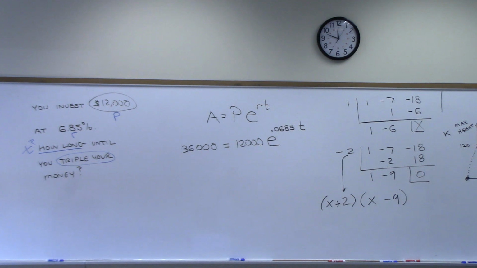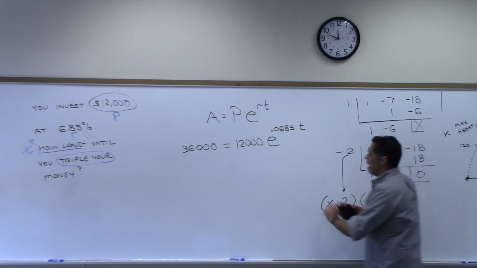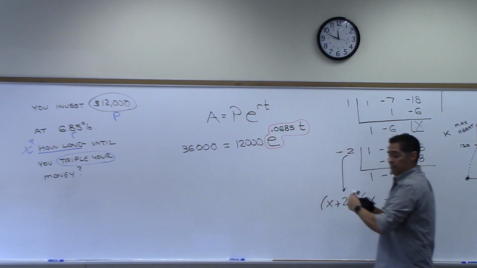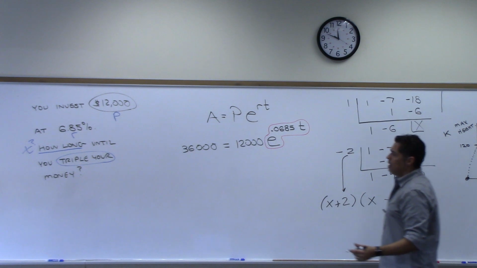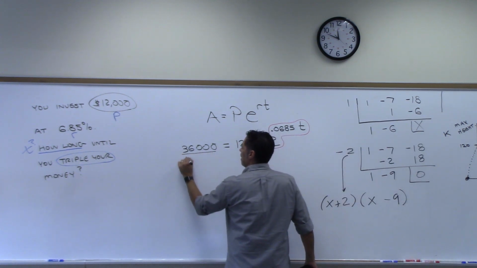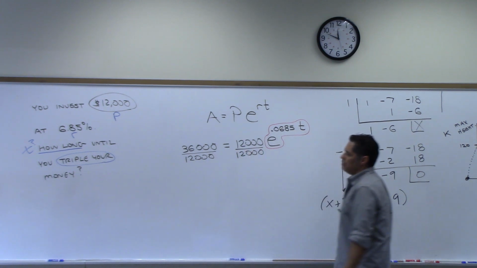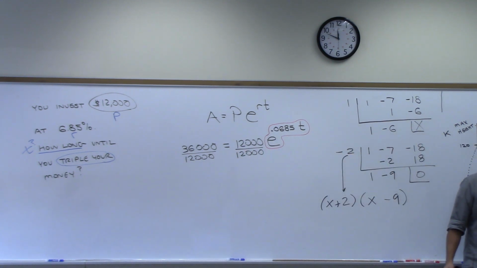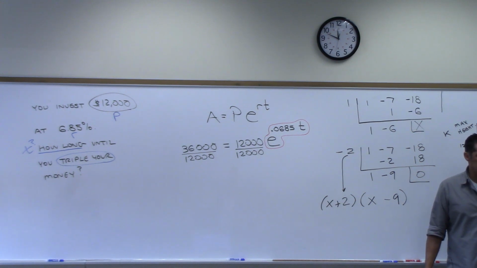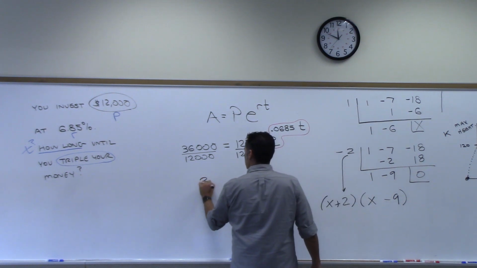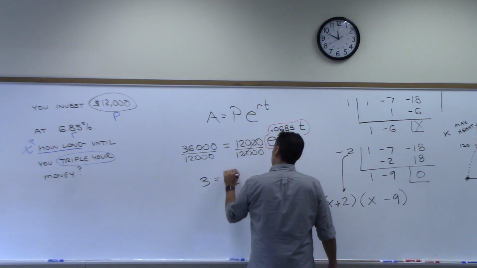We're going to do the log. We are going to wind up using a log, yes. But before you can use the log, you have to get this by itself. And to do that, you're dividing 36,000 by 12,000. Other way around. I think what you're doing is right, the way you said it is not. You're taking 36,000 divided by 12,000, which should just be 3, right? Because that's how we got it. This goes away. You get 3 equals e to the